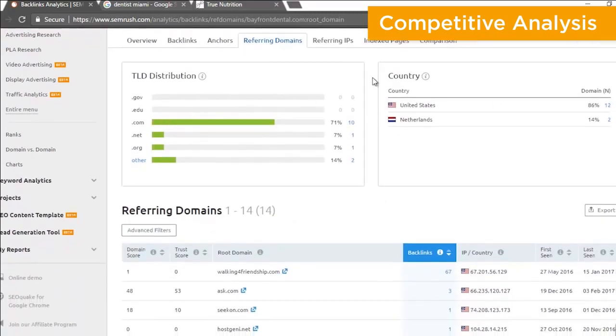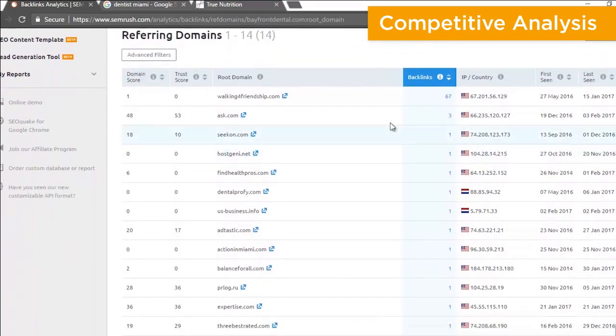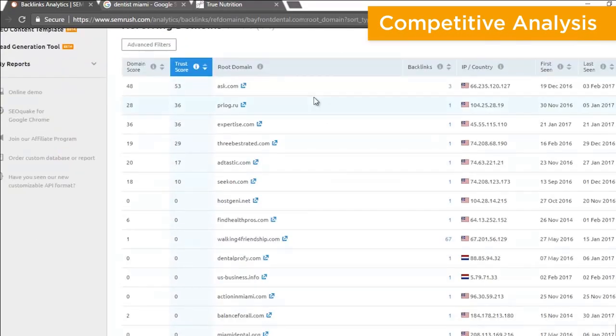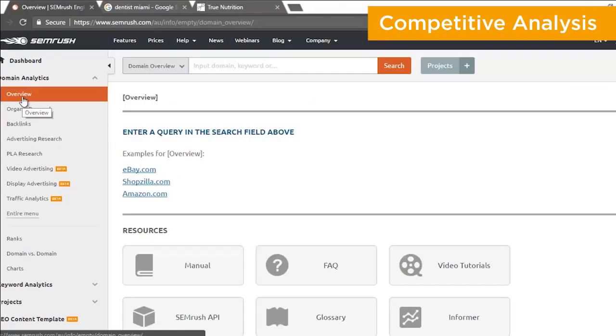Got a breakdown of country, TLDs. You can see walking for friendship, no idea what that is. Finding Health Pros sounds like a good one if you're a dental business. US business info will be a business directory. And if we filter those bad boys down, we can see which one has the highest trust score. Ask.com. So basically, you should be going out, copying, replicating the links where you can get your own and start